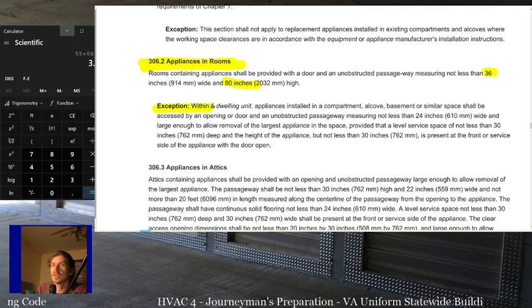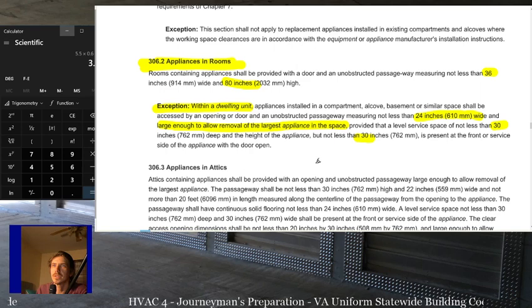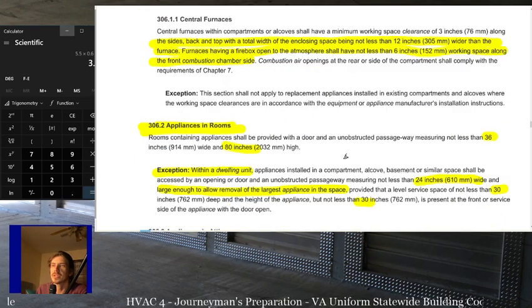The exception is within a dwelling unit. Alright, so within a residential house, that's basically what dwelling unit means. Within a dwelling unit, appliances installed in a compartment, alcove, basement, or similar space shall be accessed by a door or unobstructed passageway not less than 24 inches wide and large enough to allow the removal of the largest appliance in the space, provided that a level service space of not less than 30 by 30 is provided in front of the appliance. So as long as you meet this section,